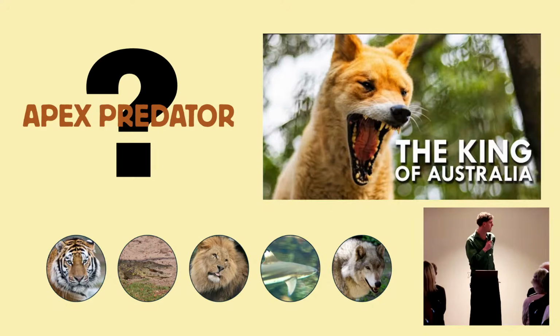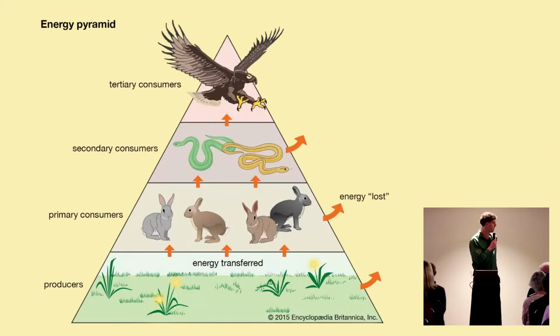So apex predators are commonly credited with keeping ecosystems balanced and in check, and one way via which they can do this is via what we call trophic cascades. And a trophic cascade essentially is just a chain of interactions that cascades through a food web. And quite often they begin at the top of the food web with those apex predators and come down the chain.